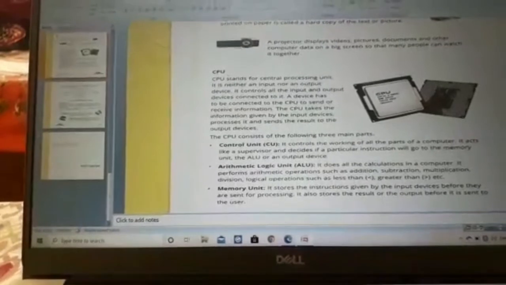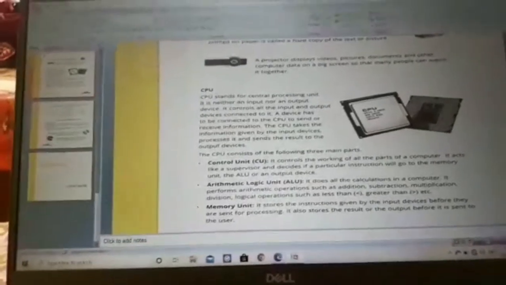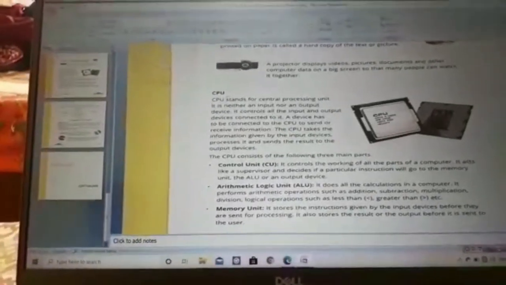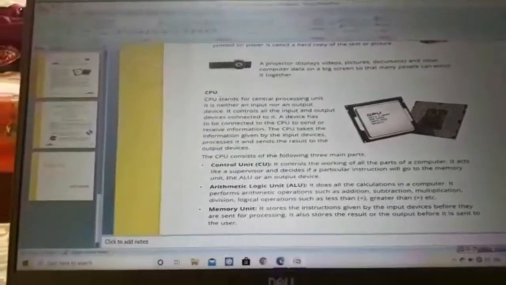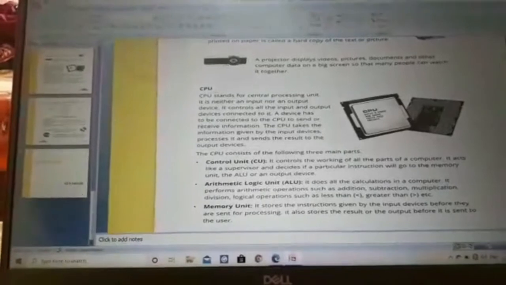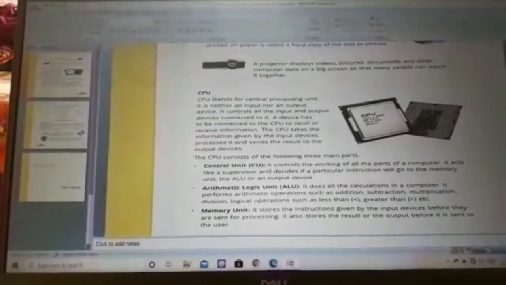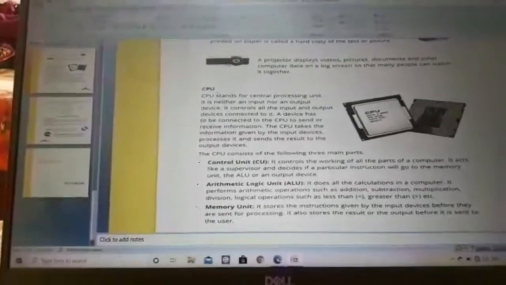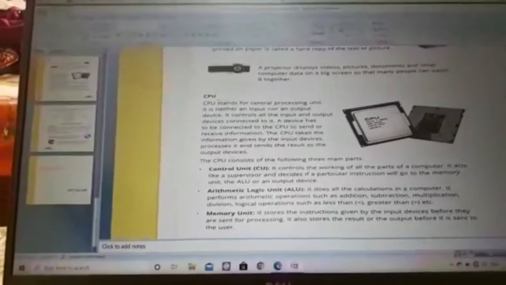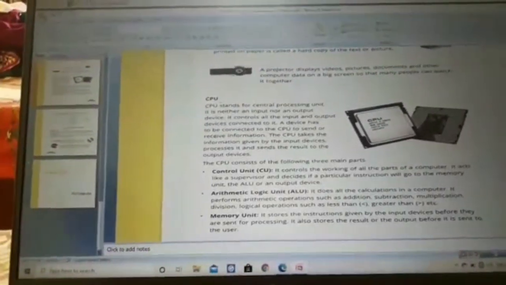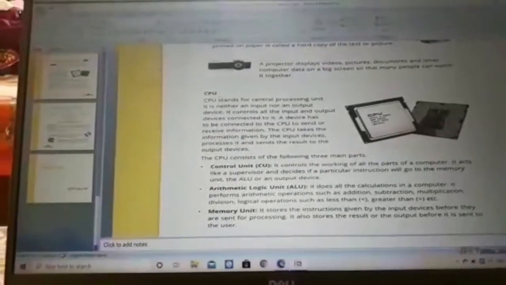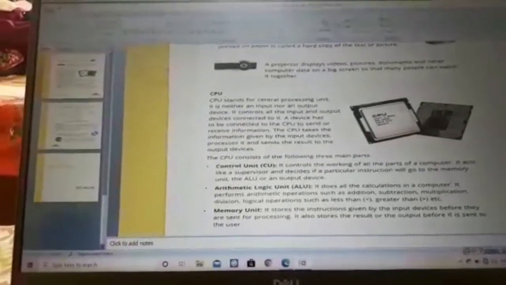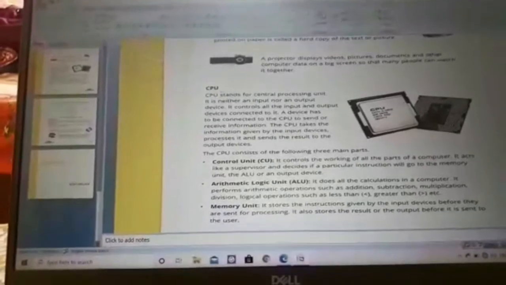So it controls. कंट्रोल यूनिट का काम क्या है, आपको नाम से पता लग रहा होगा, कंट्रोल यूनिट का काम है to control all the functioning, all the working of all the parts of a computer, कंप्यूटर के सारे पार्ट्स के वर्किंग को कंट्रोल करना। और it acts like a supervisor, वो सुपरवाइजर की तरह काम करता है, चेक करता है, डिसाइड करता है कि कोई हमें इंस्ट्रक्शन मेमोरी यूनिट को देनी है या नहीं देनी, एएलयू को देनी है कि नहीं देनी, एएलयू यानी कि अरिथमेटिक लॉजिक यूनिट, या आउटपुट डिवाइस को कोई पर्टिकुलर इंस्ट्रक्शन देनी है कि नहीं